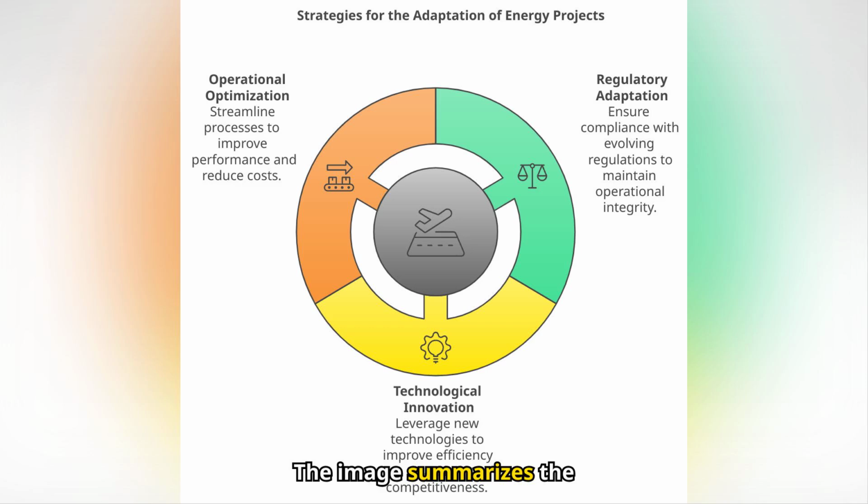The image summarizes the strategies needed to adapt: technological innovation, revenue diversification, and operational optimization. Implementing strategies that are flexible and aligned with regulatory changes ensures that projects remain sustainable and competitive over the long term. For example, projects in Germany have led the market thanks to their ability to adapt quickly to regulatory and